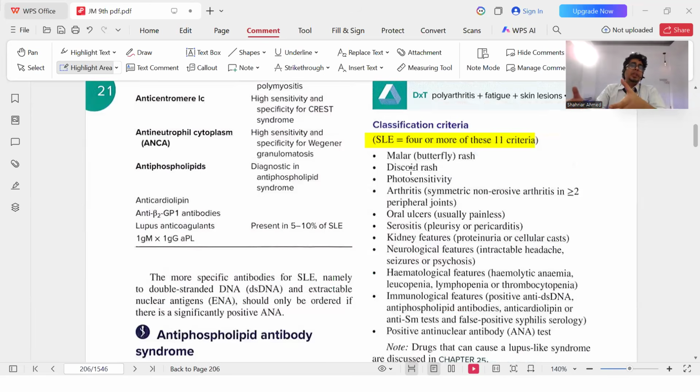Now, with SLE, there's a mnemonic, or you go to Google, you find so many mnemonics like